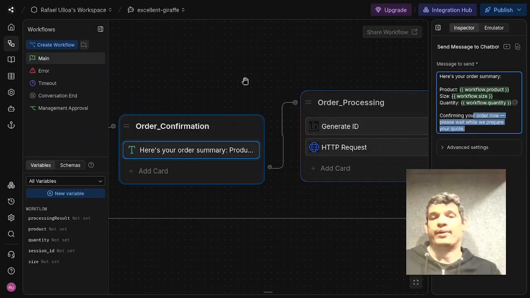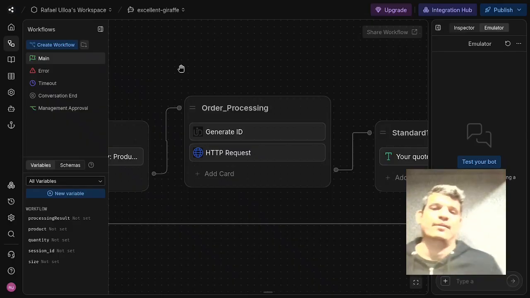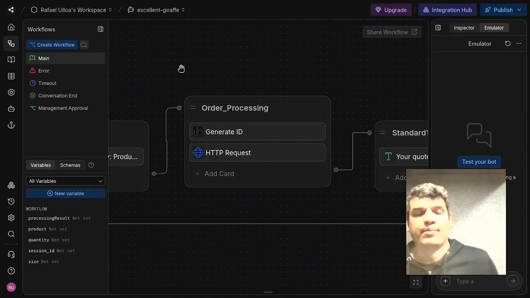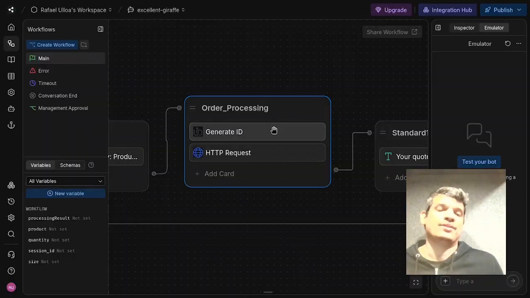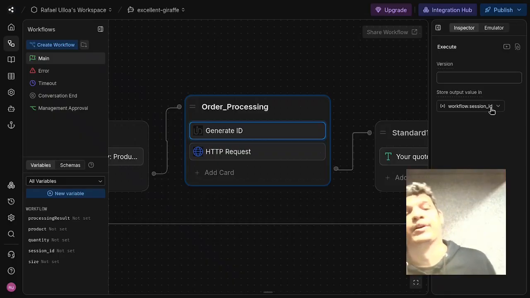Please wait while we prepare your quote. And this is the part of the workflow from Botpress that actually calls n8n, right? So we have this card which allows us to generate an ID. We just assign it a variable name here, the session ID,